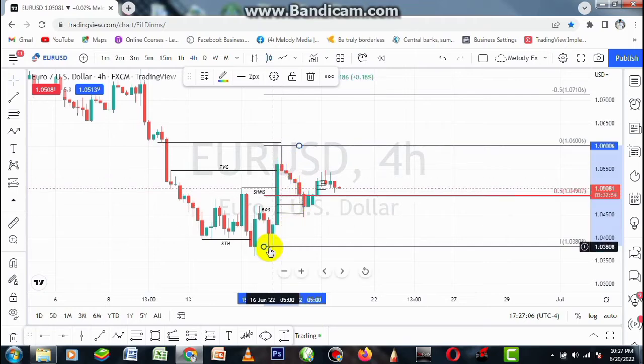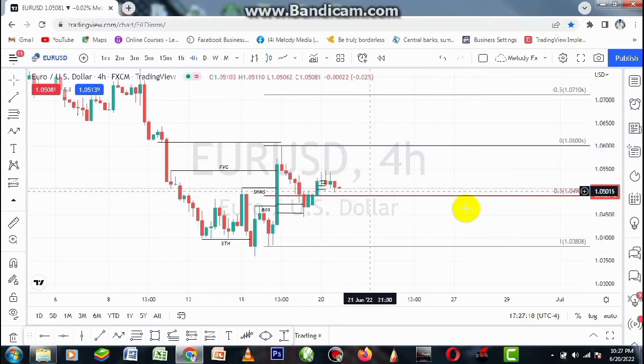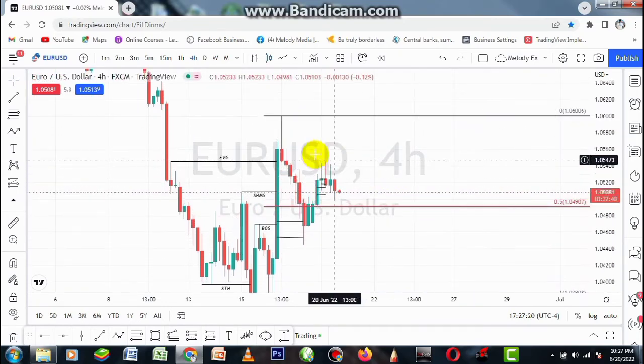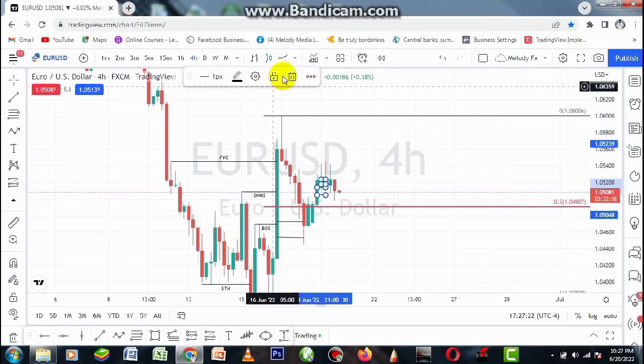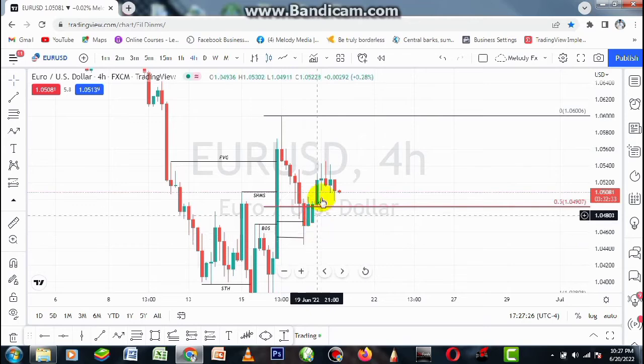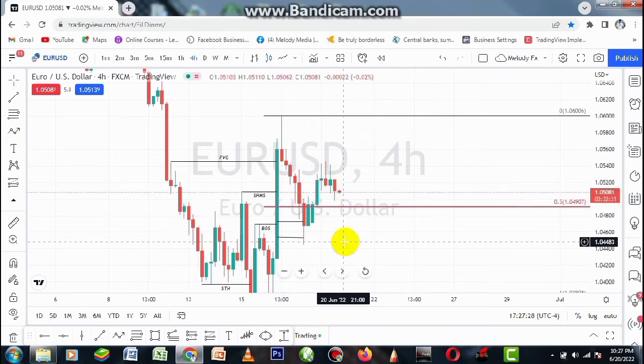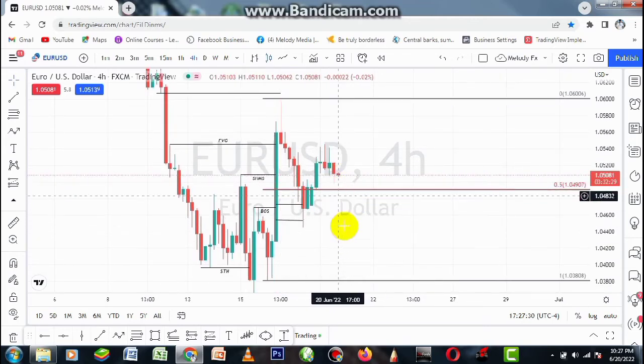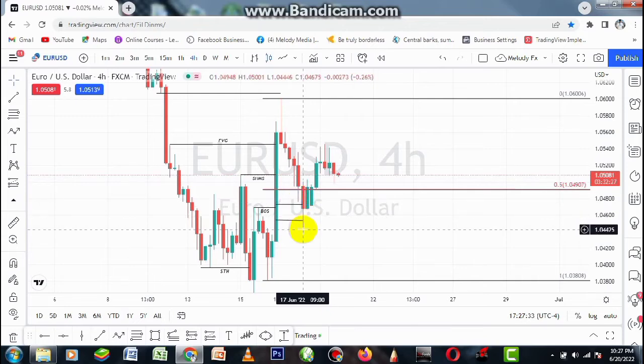If it decides to dip down one more time into the discount side, the idea will be to look for a long if it moves below this short-term low or the bodies of this candle, as a rejection block. If it dips down one more time below the bodies of the candle, we can look for a long entry, and our target is obviously this high and into this fair value